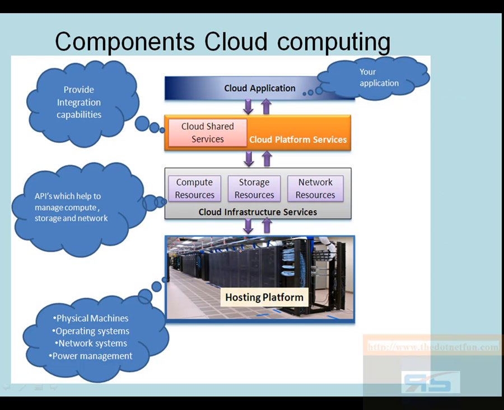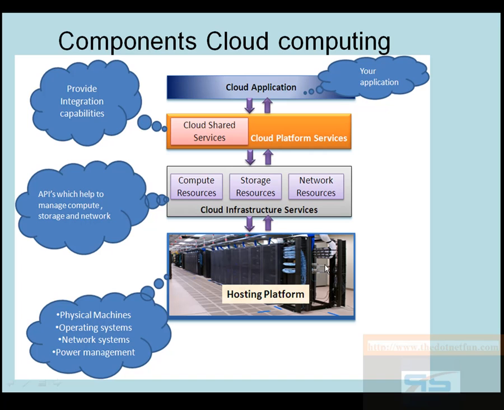Now let's look into the architecture of cloud computing. So the one-liner definition of cloud computing is that it provides the infrastructure by which it will provide a virtual environment for every application, and depending on the demand of the application, it will provide the necessary CPU power, the necessary bandwidth, and the necessary hard disk space. Now here's a simple diagram which shows the necessary components involved in cloud computing. Once you know the general architecture of cloud computing, you can easily map it with Azure, because Azure is nothing but a cloud computing platform. I'll come to that definition later on. So let's concentrate on the different components involved in cloud computing.